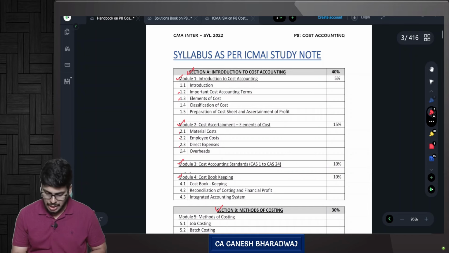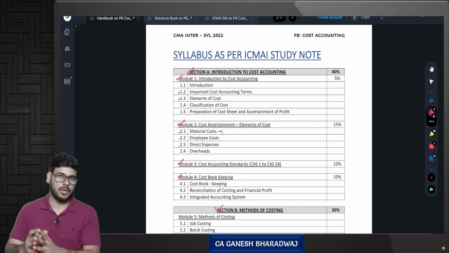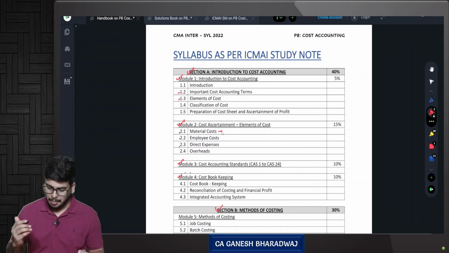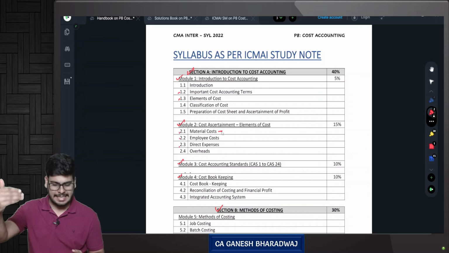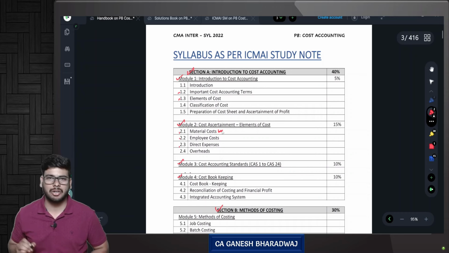For example, if you take material cost, that is a separate concept altogether, as good as a separate chapter altogether. But what the CMA Institute has done is they have made this a submodule. So this comes under section A. Under that, one module called cost ascertainment. Under that, a submodule called 2.1 material cost. Fine. So what I have done,